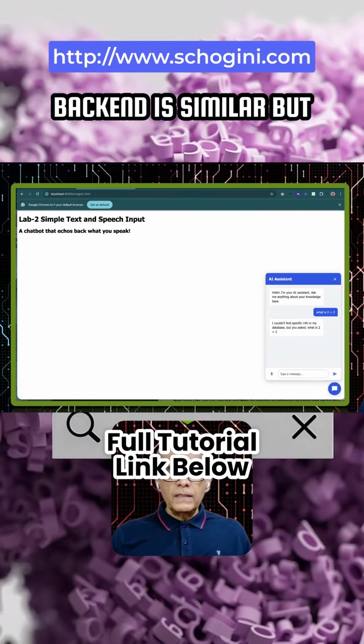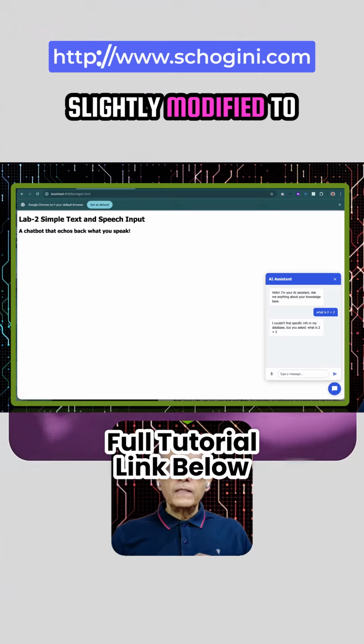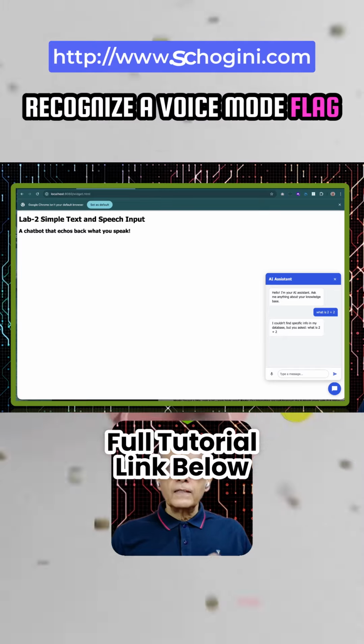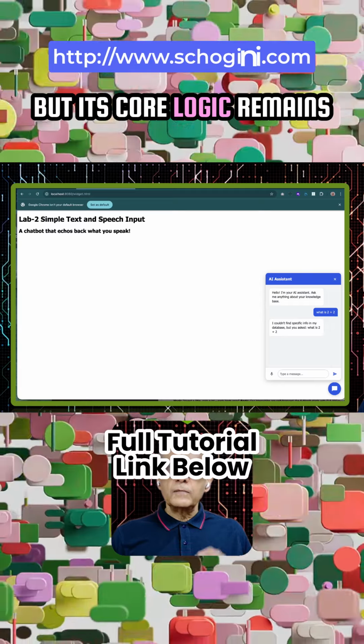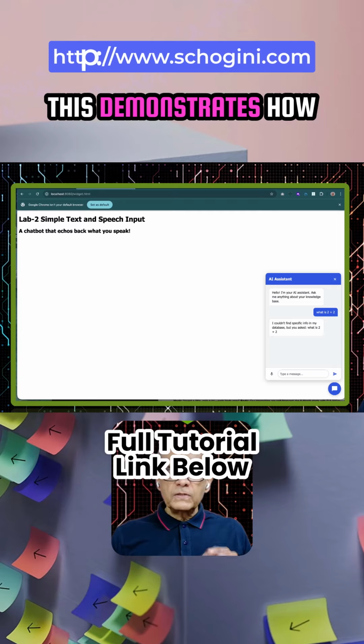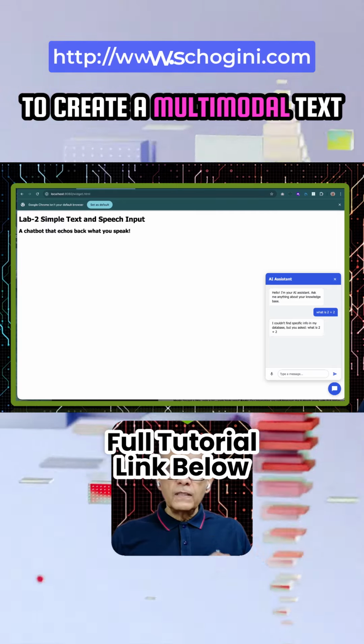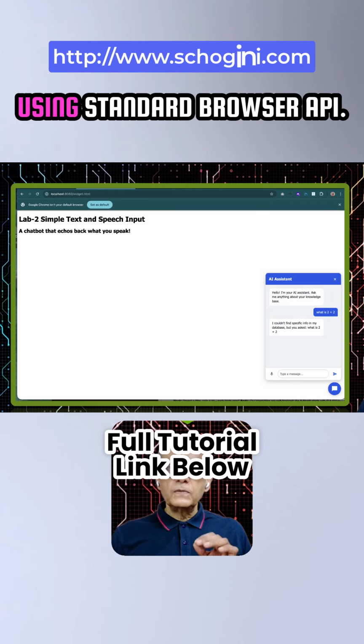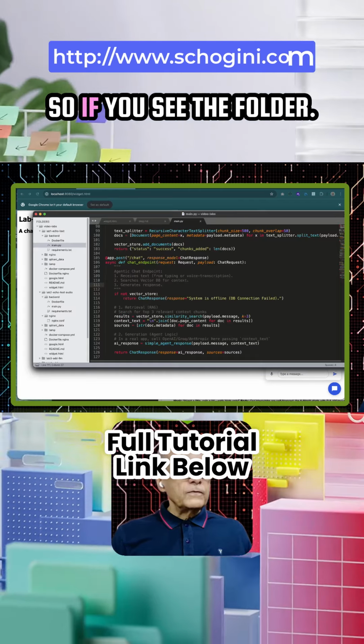And the backend is similar, but slightly modified to recognize a voice mode flag from the front end, but its core logic remains a simple echo. The key takeaway is this demonstrates how to create a multi-modal text and voice user interface using standard browser API. So if you see the folder,